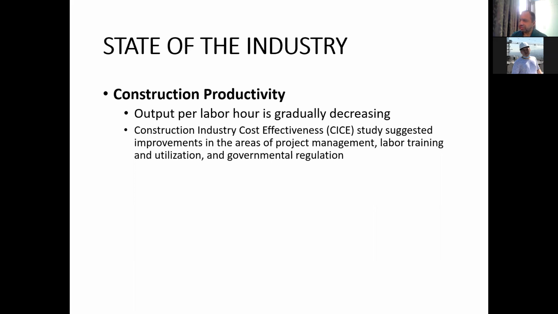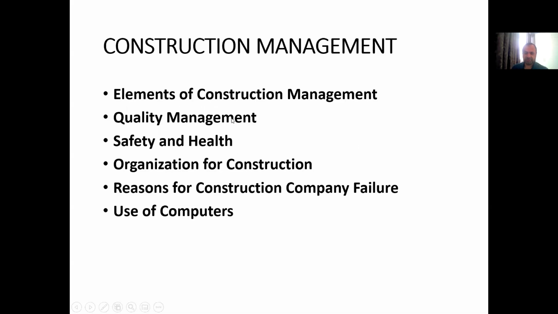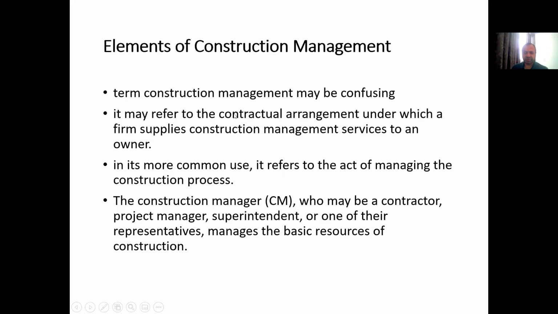Yes, I'm asking, so maybe can anyone answer? What is construction management? So here we have looked at some of the aspects of construction management, okay? For example, in the first case, in the elements of construction management, we have looked at